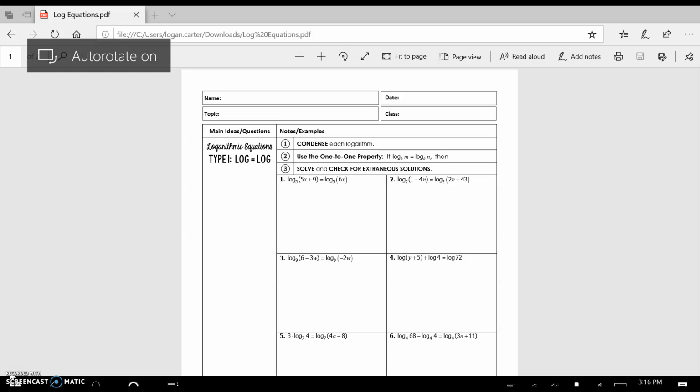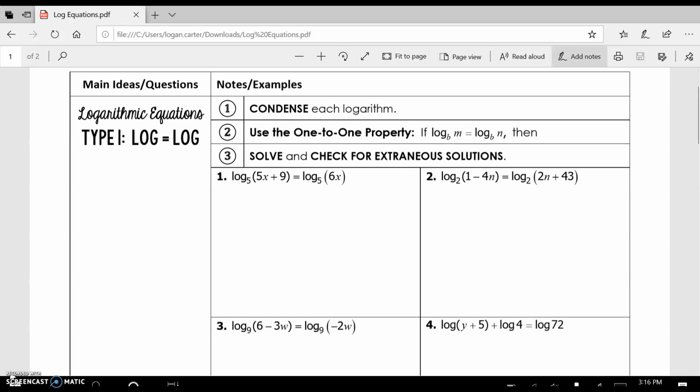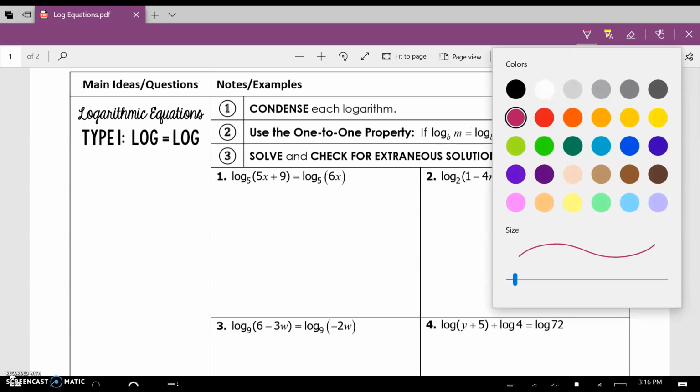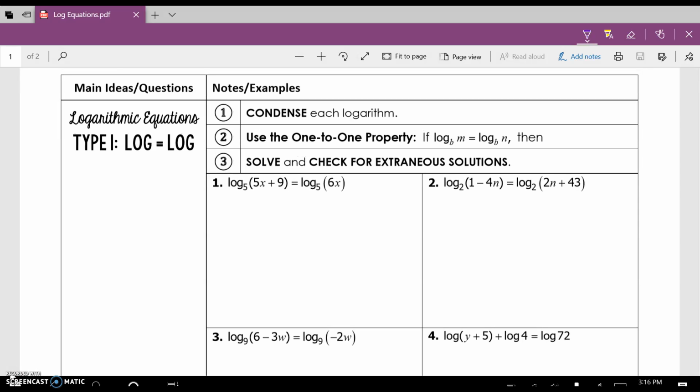Looking at this one, you have two different types of logarithmic equations. The first one is if you have a log equal to a log. And this kind is actually the easy kind, as long as you have the same base. On number 1, we have log 5 and log 5. So if that's the case,